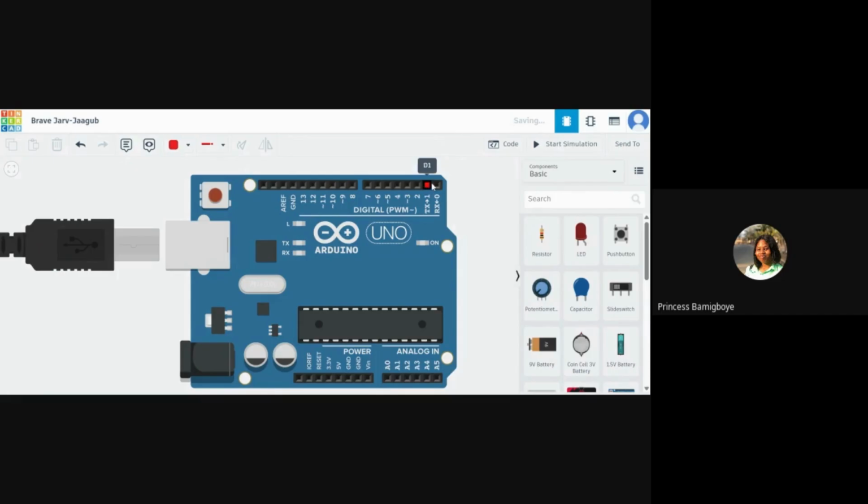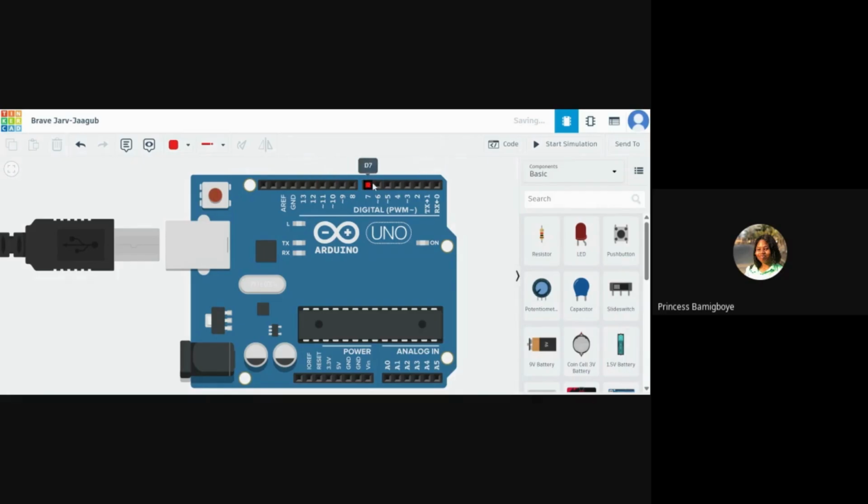reception of signal or data from your system to the Arduino, or from the Arduino to the laptop. So anytime you want to connect the pins, make sure that it is from pins number 2 to number 13. Those are the digital pins.